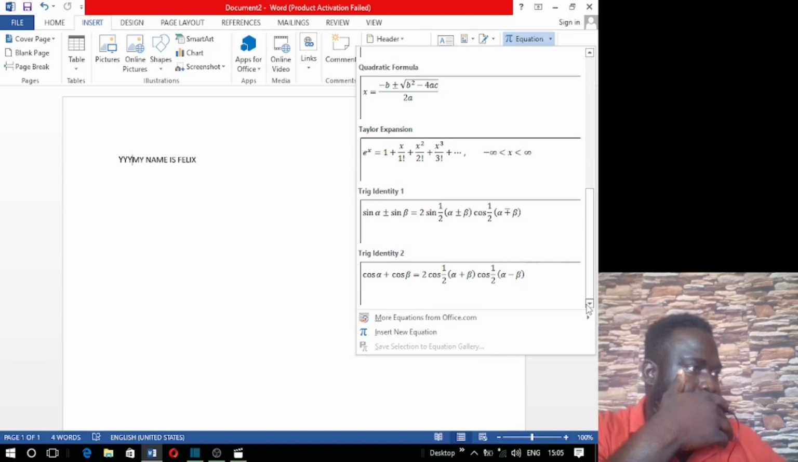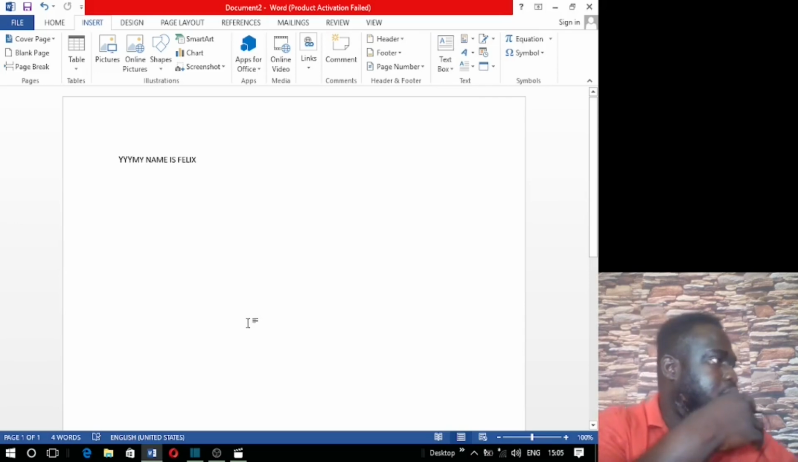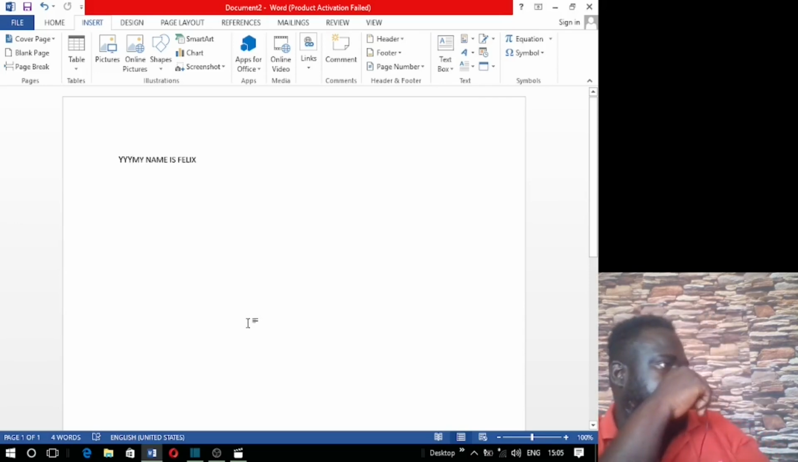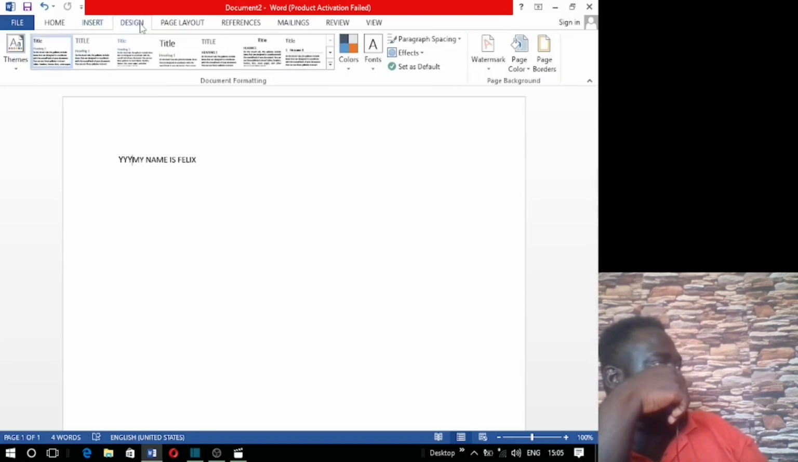The track identity 1 and then the track identity 2. I understand. So these are the options or the features under insert. So let's move to the design menu. So design menu, as you can see,